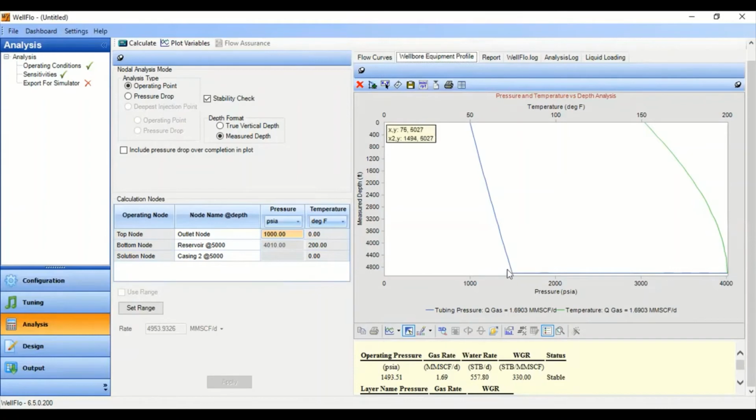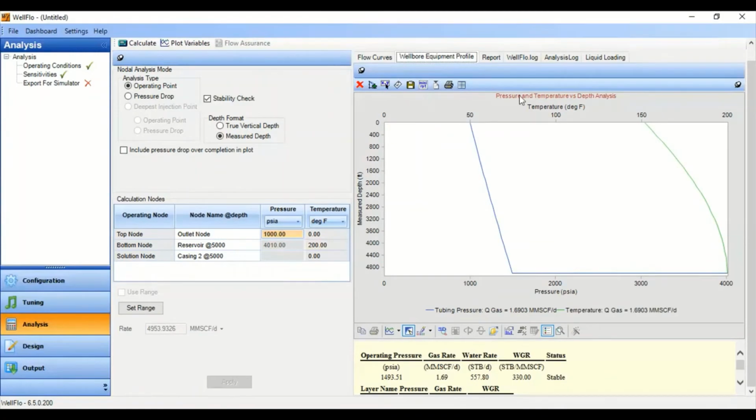So as you can see, the drawdown is quite high because our skin, as what we input, is also quite high. Therefore the bottom hole pressure is only close to 1500 psia. And of course, this is our wellhead pressure of 1000 psia.